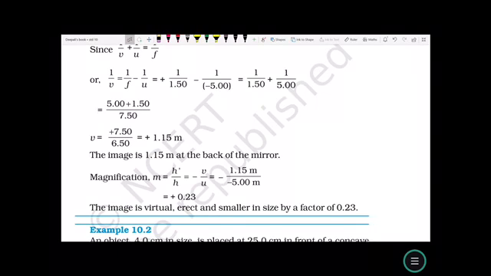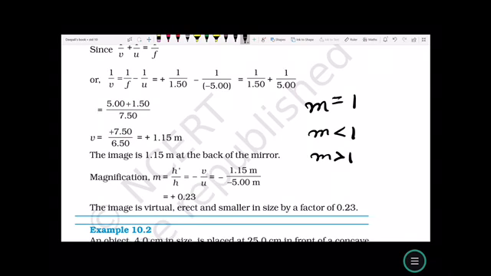Magnification M is equal to H prime upon H is equal to minus V upon U, that is equal to minus 1.15 upon minus 5. So, the positive value, the image is virtual. The magnification we are getting is plus 0.23. So, if it is positive, means the image is virtual, erect and smaller in size by the factor of 0.23, because now there are three possibilities of getting the magnitude of any